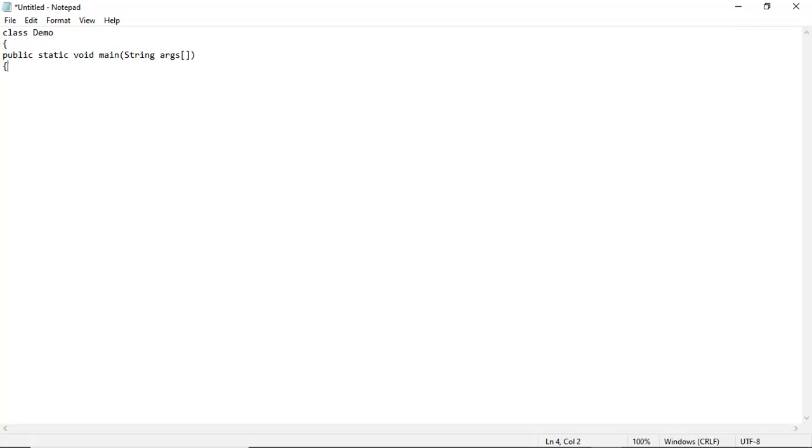If you have done work in C programming or other programming languages, then you might be aware of this main function. Like in C language, you might have seen a void main, right? Void main you have seen in C language.